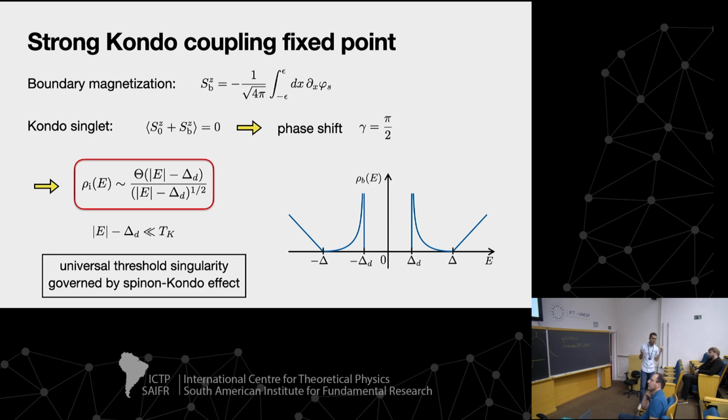And if you set the value of the phase shift in the power law that I showed before, this would imply that here you actually get a square root singularity at this threshold, which is below the gap, if UD is less than U, which is universal. This exponent would be controlled by the Kondo effect that takes you to that universal value of the phase shift, as long as you can probe the local density of states close enough to the threshold, right? So this is strong coupling behavior. You have to be at some energy scale below the Kondo temperature, which means the energy has to be close enough to the threshold like this.